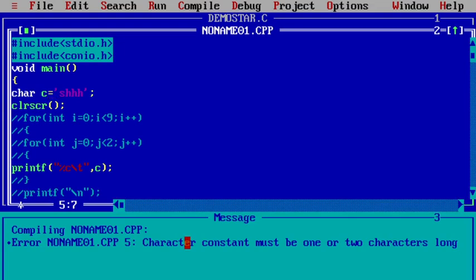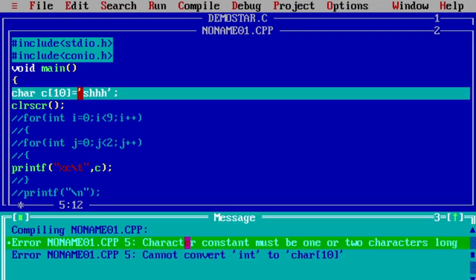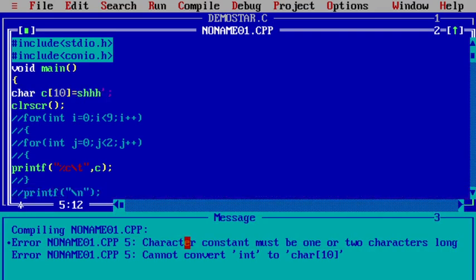So make it a string, then you should use an array. For example, if I use 10 characters, still it is showing an error. Why? Because string characters must be displayed in double quotes, right? It must be represented in double quotes.